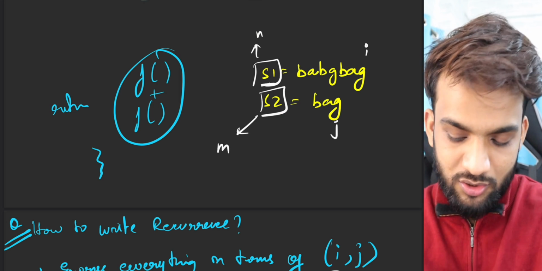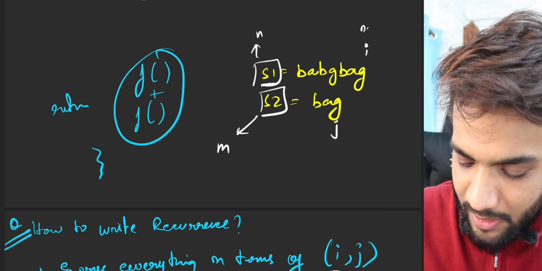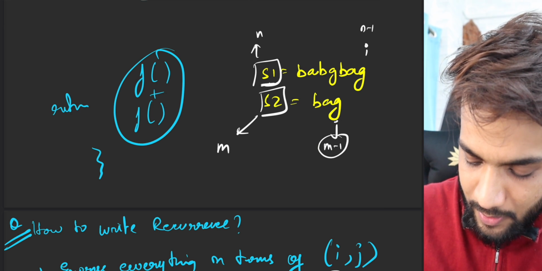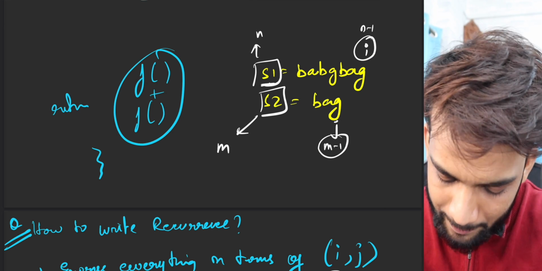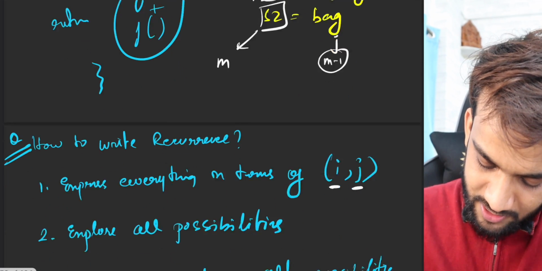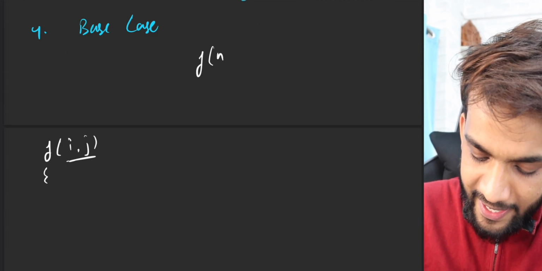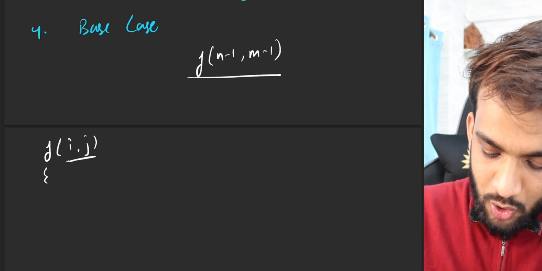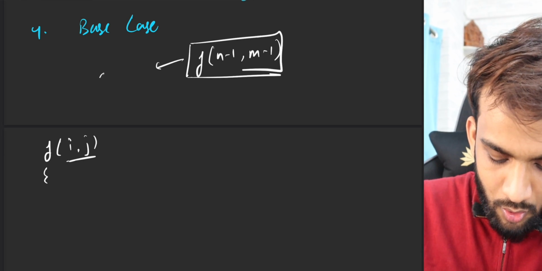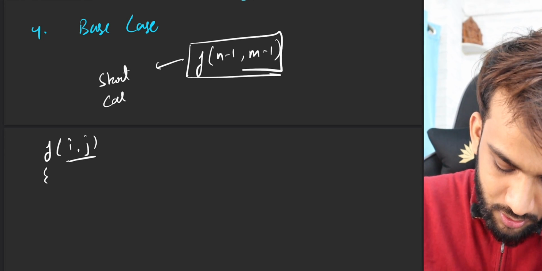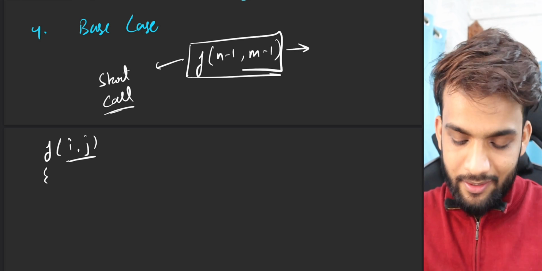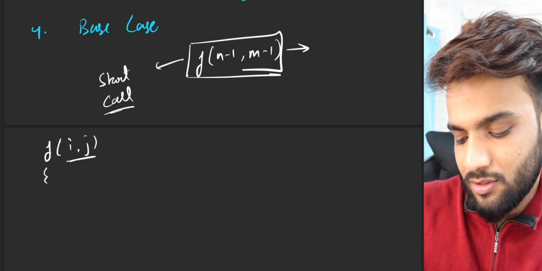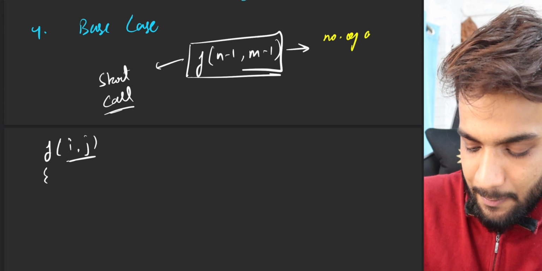We definitely know this. And we know one thing, this is nothing but n minus 1 and m minus 1, right? So what you're basically saying when you're starting off is f of n minus 1 and m minus 1 is the start call. What do you mean by this? What does this mean? Let's write that down. This means number of distinct subsequences